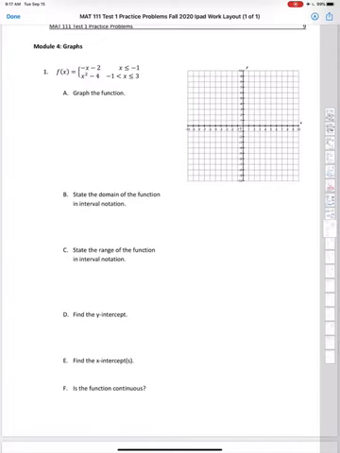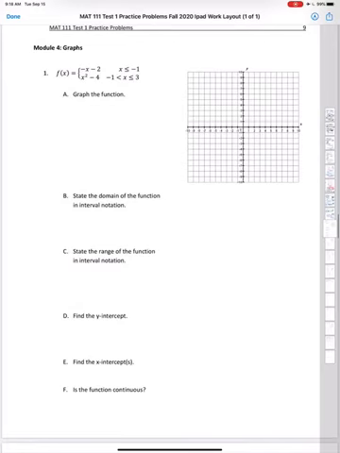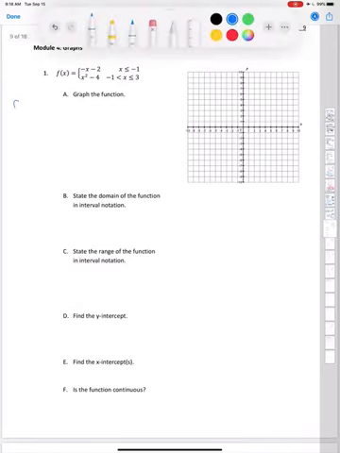And we have a quadratic function, f of x equal to x squared minus 4, for all x values greater than negative 1 and less than or equal to 3. So it wants us to graph this function. So what I want to do is look at the two pieces, and let's get a table of points for both pieces. All right, so let's go ahead and talk about f of x